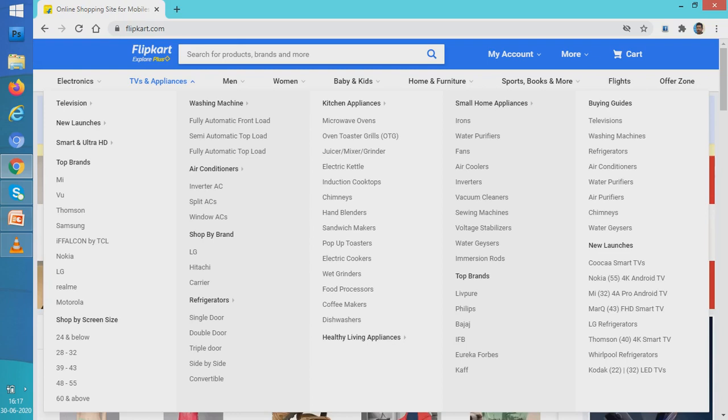Then see the heading is washing machine and we have three given items in the list. Fully automatic, semi-automatic, fully automatic top load sort of items are there. In air conditioners also we have inverter, split AC, window AC. What are they? They are items of a list. Means within air conditioner there are three types of item and they have been maintained in this web page as a list. So if you go to the kitchen appliances, you have micro ovens, you have oven, toaster, grills, juicer, mixer, grinder, whatnot, a lot of items in the list.